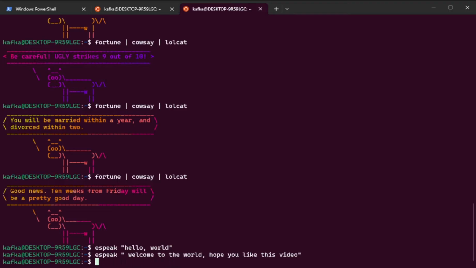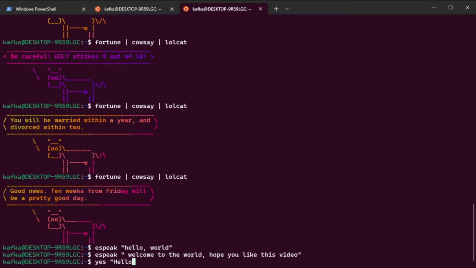After installing PV, we use PV with the yes command. For those who don't know, the yes command is used for endless output. It will print endless text until you stop it. So let's type yes and edit the text to be